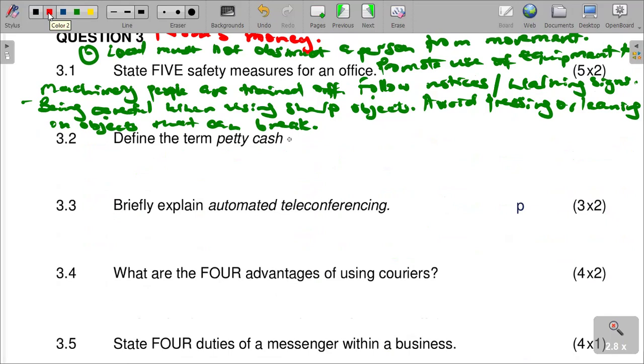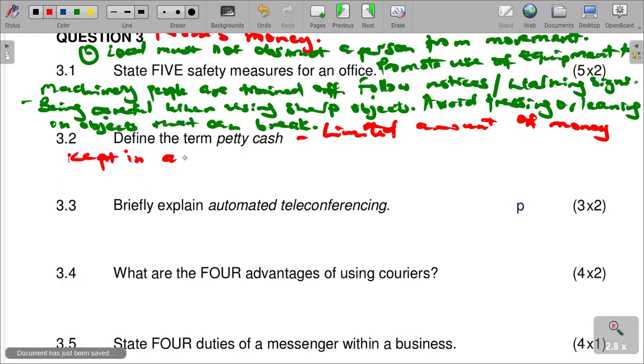And then petty cash. We once defined it already: what is petty cash? We have talked about petty cash as money kept in a business for the payment of smaller expenses that allow daily running of the business. Petty cash is a limited amount of money that is kept in a business